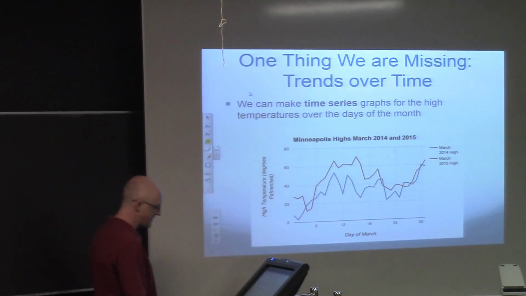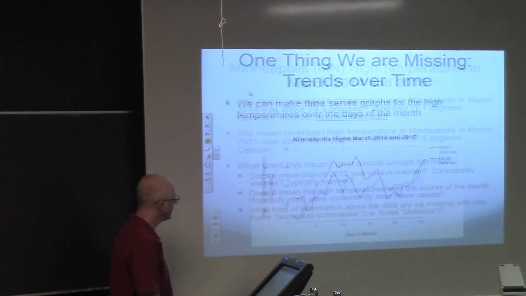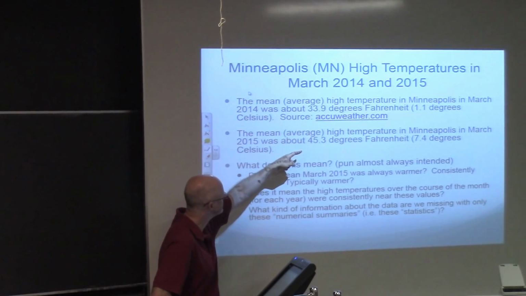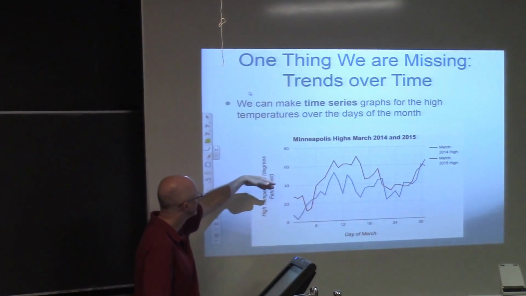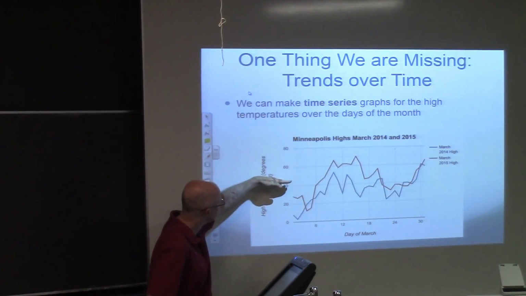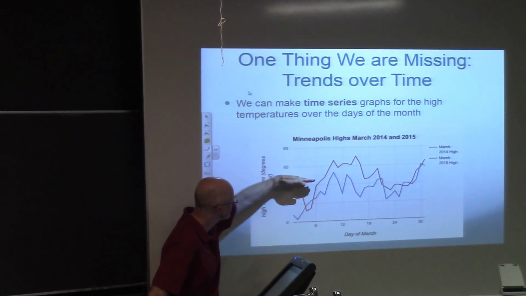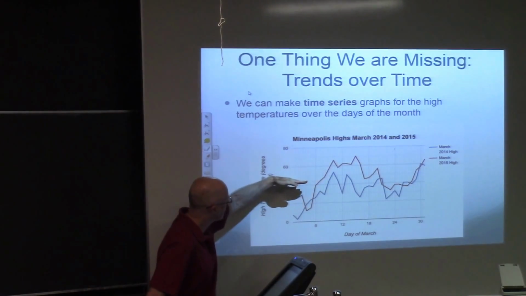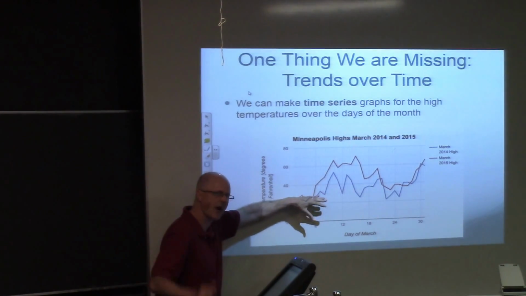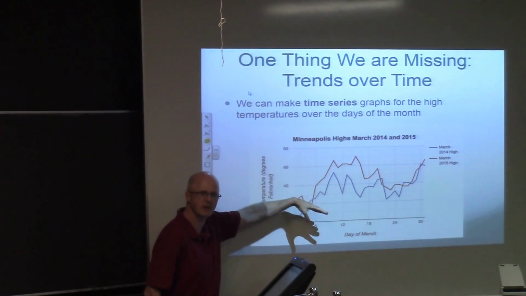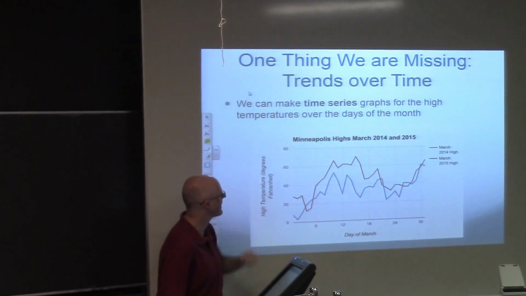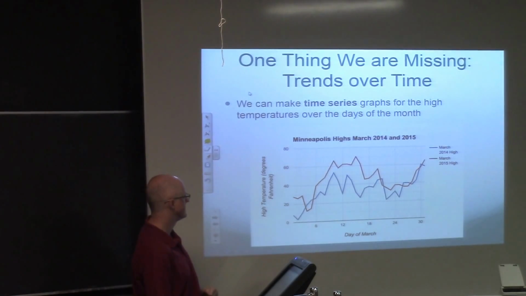How do you interpret the averages in this picture? Well, the average again for 2014 was about 34 degrees, and for 2015 was about 45 degrees. Focusing on the red graph, 45 degrees is at about right here. Essentially, if you made a horizontal line at 45 degrees, the area under that horizontal line would be approximately the same as the area under the red graph. That's one way to try to visually estimate where that average value is.